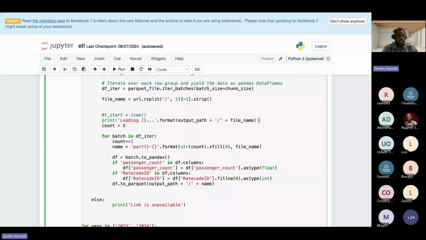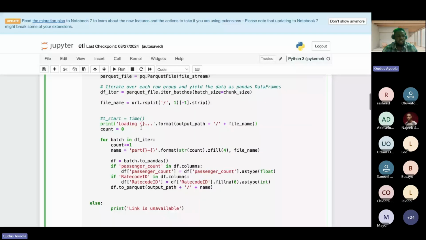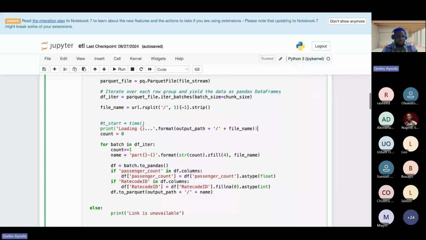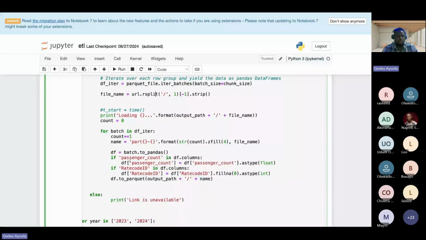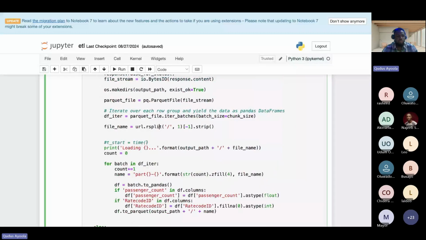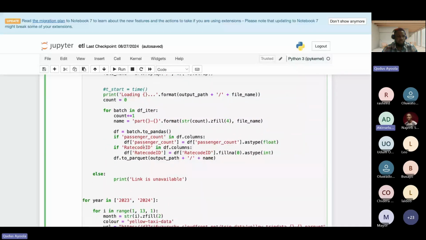So for each batch that is getting processed, I'm doing some transformation within that file. Instead of transforming all my data at once, I'm transforming in batches, right?